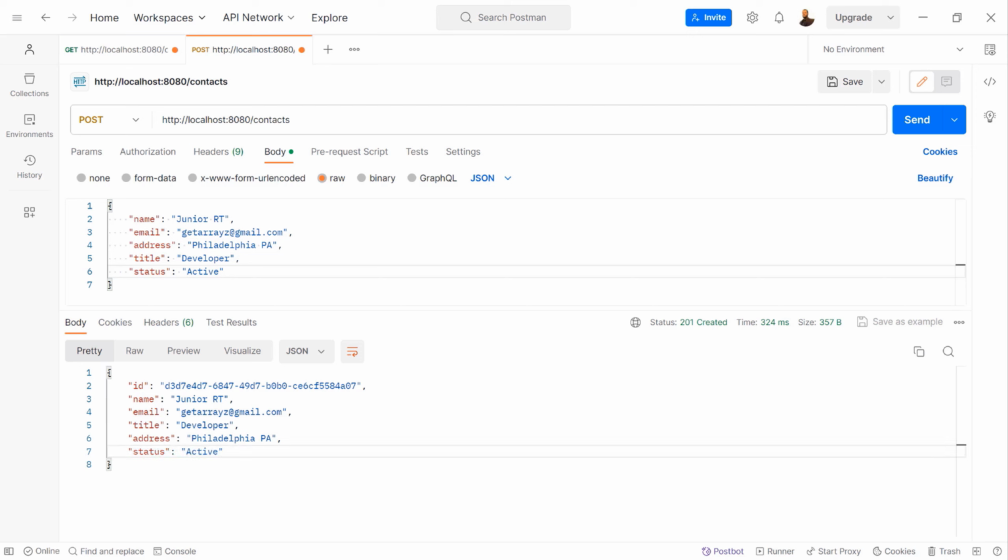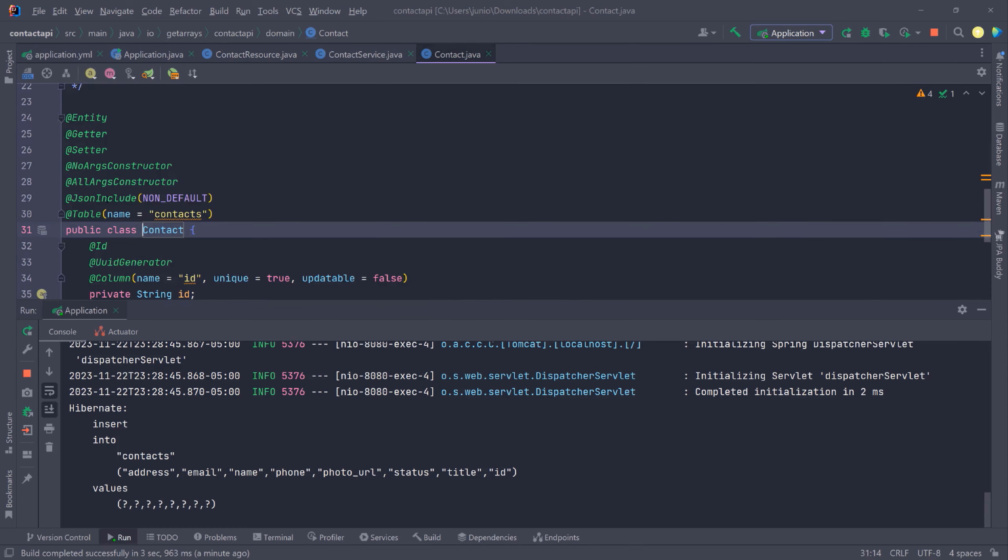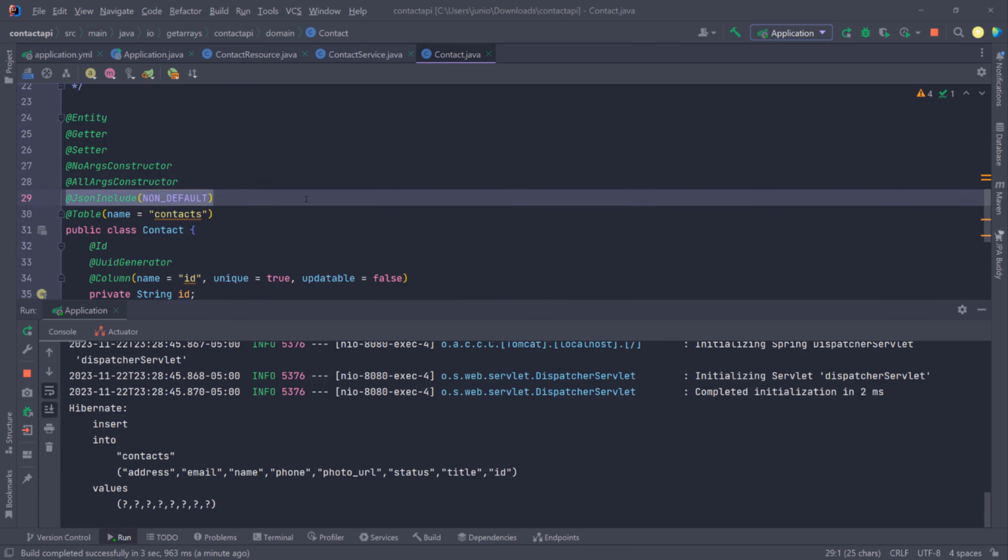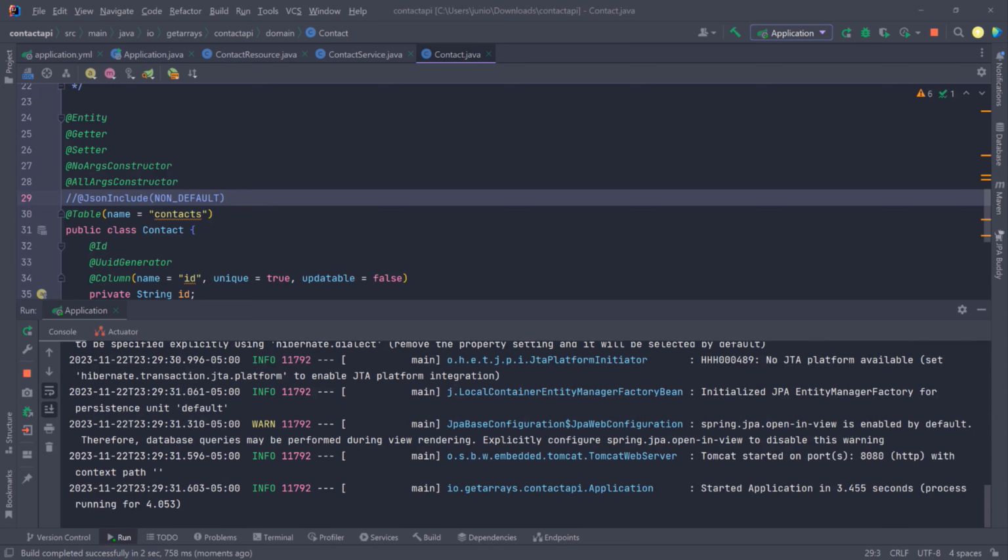And because we have this annotation, if we go into the contact, we have the JSON include non-default, then we're not going to show anything that has the default value. So if it's null for a string, then it's not going to show. And if I comment this out and I rerun it, and let's go back to Postman,